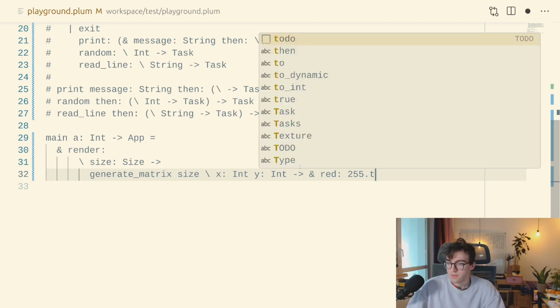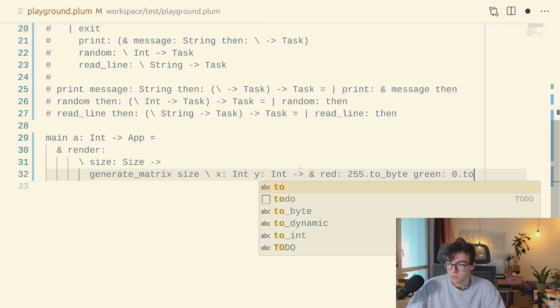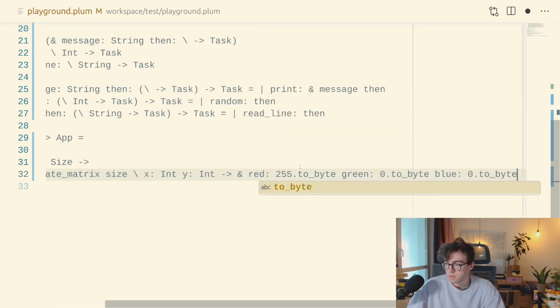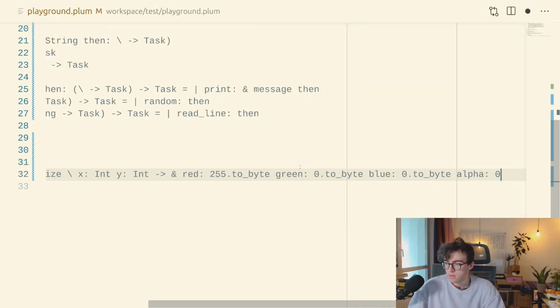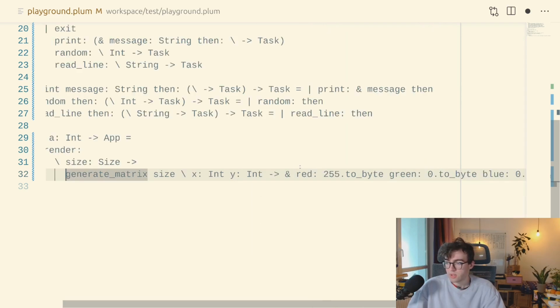So 2 byte, does that exist? Red, green, which is 0, and blue, which is going to be 0, and then finally alpha, which is going to be 255,